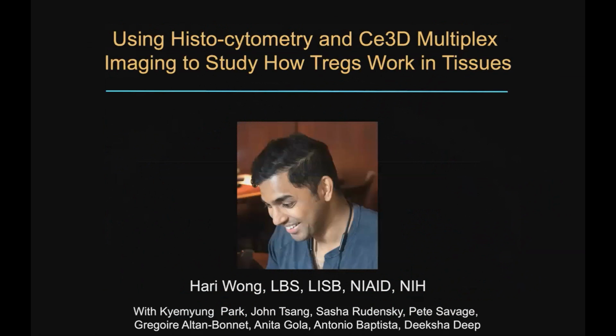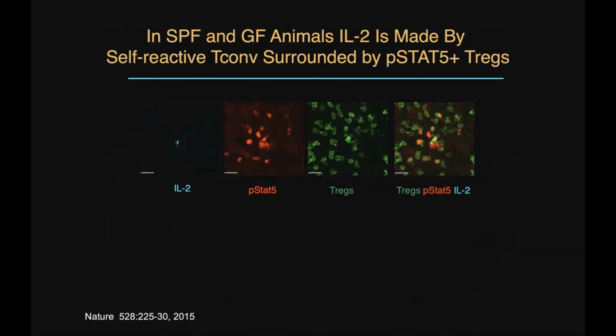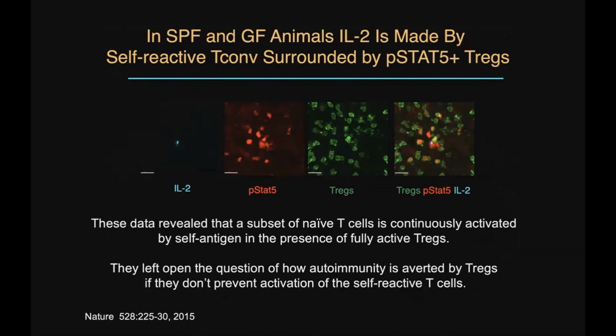And so I want to end by telling you about some unpublished data having to do with combining the histocytometry and the 3D multiplex to understand Tregs in tissues. And this is work of a terrific fellow in the lab, Harry Wong. We had published previously that IL-2 producing conventional CD4 cells occur even in the presence of Tregs. That is, Tregs do not prevent the activation of autoreactive cells,